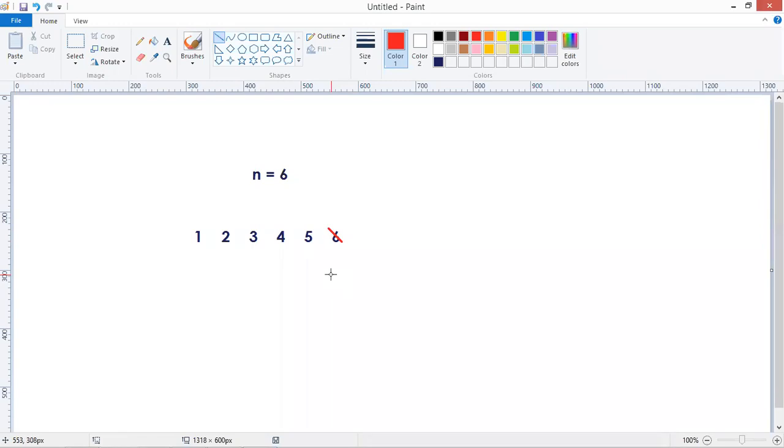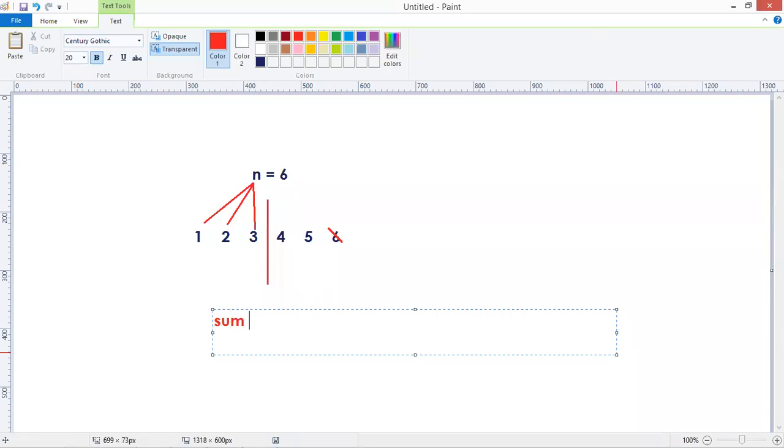And one thing remember, no need to check with itself. Anyway, when you make it half exactly, n by 2, definitely you will not get any factor. Factor means what? It should be divisible. From 4, 5, definitely it is not divisible. Only 6 is divisible. But anyway, now 6 is also not required because except itself. So start from 1 to n by 2, less than or equal to n by 2. Just find how many factors are present. Count.